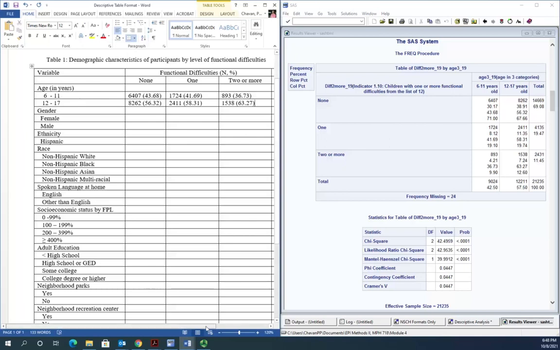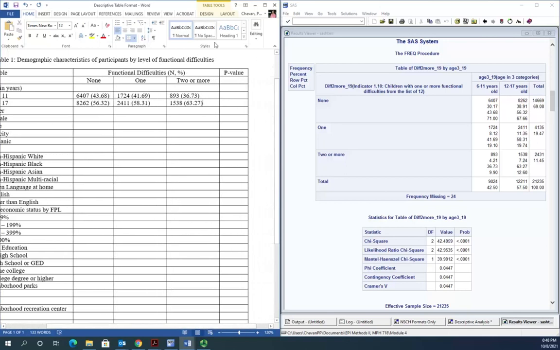One more thing that we need to fill in is the p-value, right? And which number should we be looking at when we're looking at the p-value? The chi-square, the first one. So this is the chi-square value over here, and this is the probability test, the p-value. It's the probability, therefore it's the p-value, which is less than